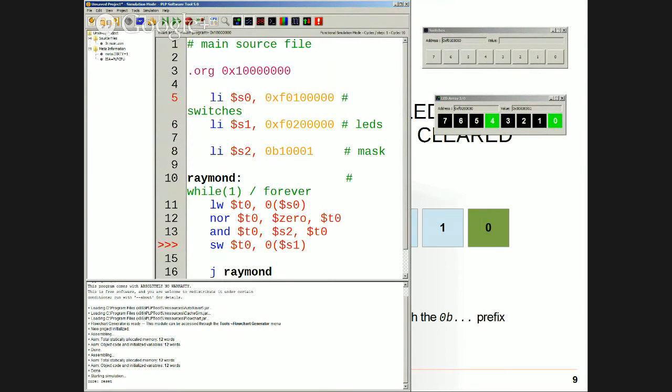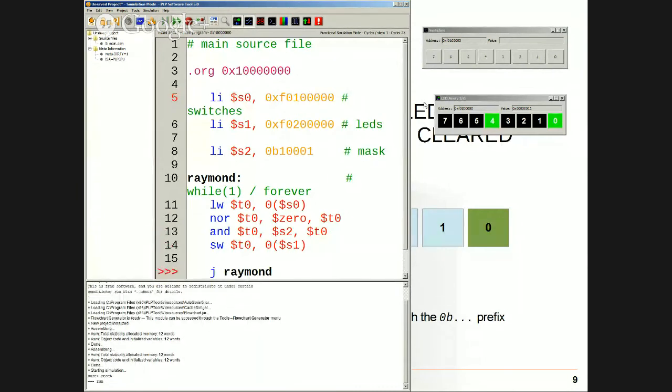So it only shows positions 0 and 4. And because they are cleared, they light up. Now, if we run this program continuously, it inverts the switch. And you see the rest of the switches are masked off and they don't matter.